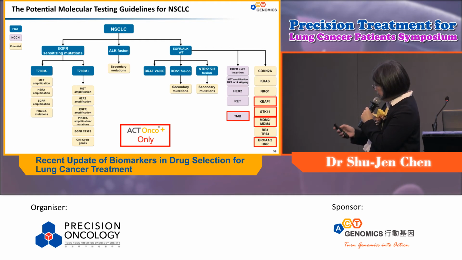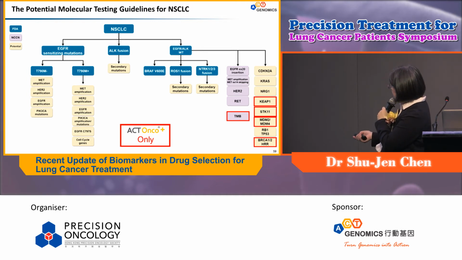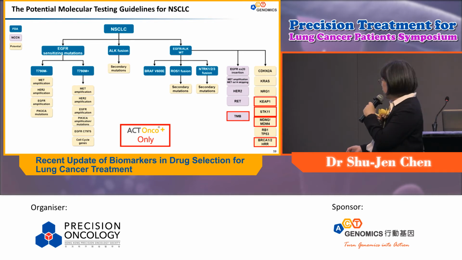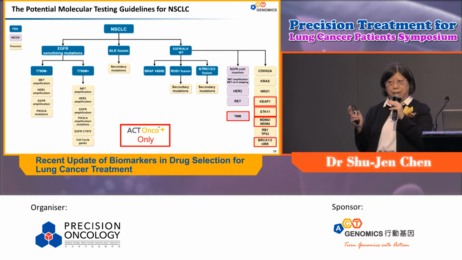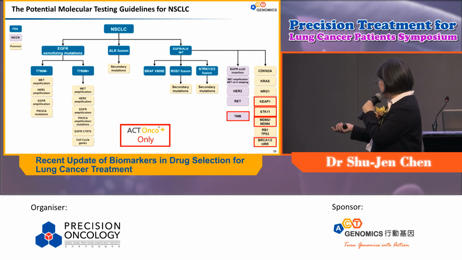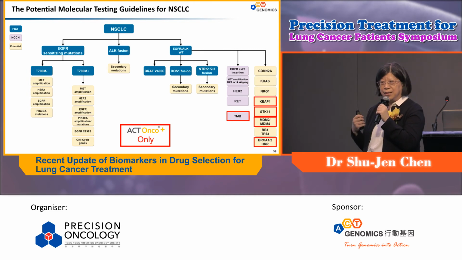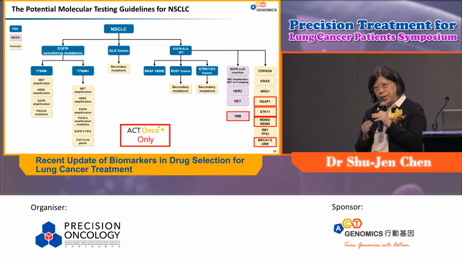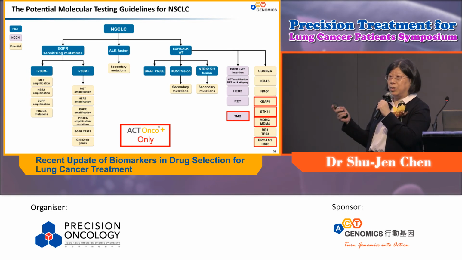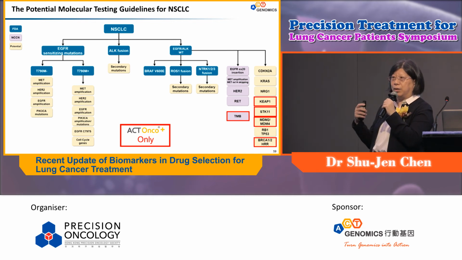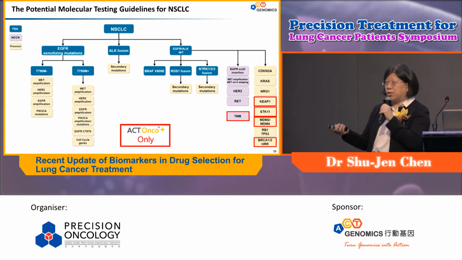And if we look at, for example, this particular treatment selection algorithm, there are a few markers that are highlighted in red. These markers can only be detected using a large panel. So for example, tumor mutation burden, or KEAP1 and STK11, or MDM2, MDM4 amplification. These are all important biomarkers, particularly exclusion biomarkers for immunotherapy. So if the patient is seriously thinking about using immunotherapy, or if the patient develops resistance to immunotherapy and would like to understand the next treatment option, then I think the best bet, or the best assay to go for, will be a more comprehensive test so that you can understand